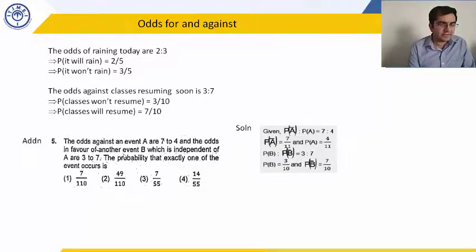And the odds in favor of another event B are 3 to 7. So P of B is 3 by 10. Oh, in fact, it's exactly the example that I had taken. But this is in favor of. So P of B becomes 3 by 10 and P of B complement is 7 by 10. See, for this particular question, copy the solution that is written exactly into your notebooks. Write it down exactly, no skipping of anything. Write it exactly like this. So you get P of A as 4 by 11, P of B as 3 by 10.